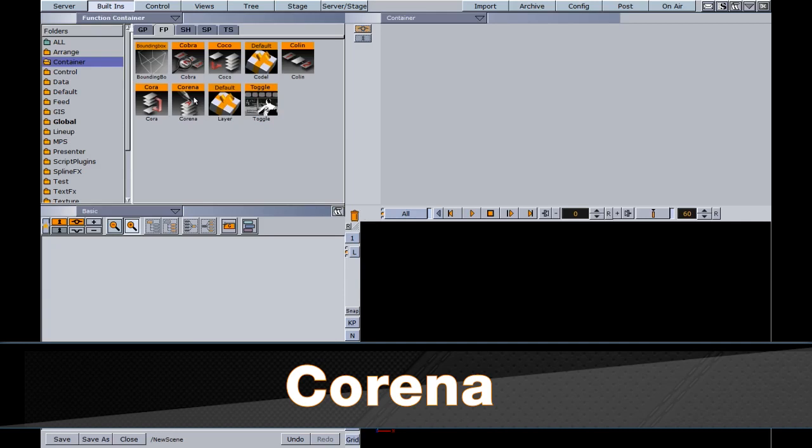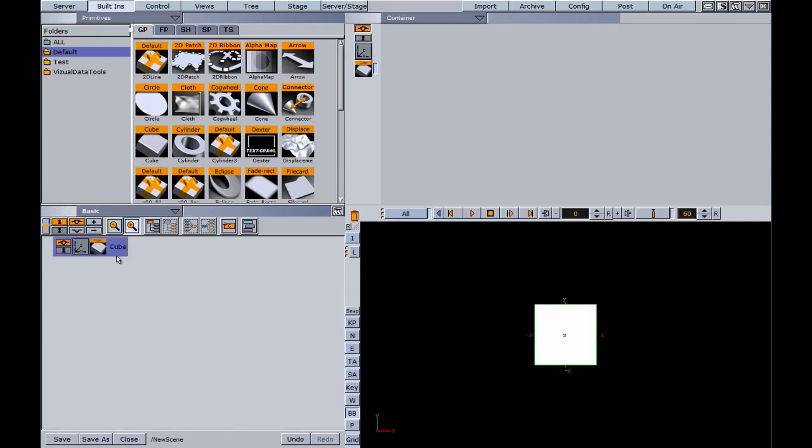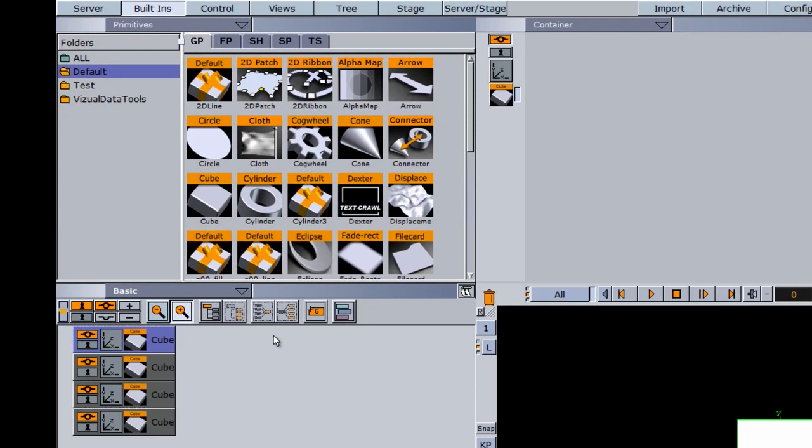The Corena function allows you to rename multiple containers within the scene. So let's drag a primitive down here. And you already know how to copy containers. You can control click and drag these down, or you could use that Cocoa plugin to copy things. And to rename it, you just double click it and you can use the down arrow to go to